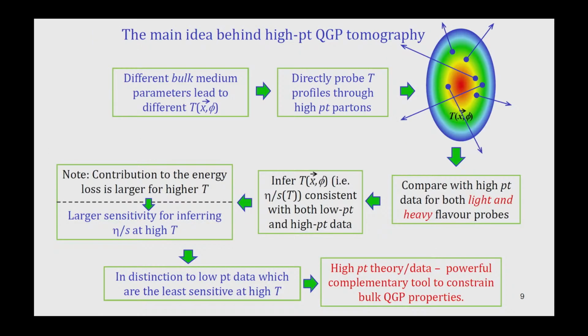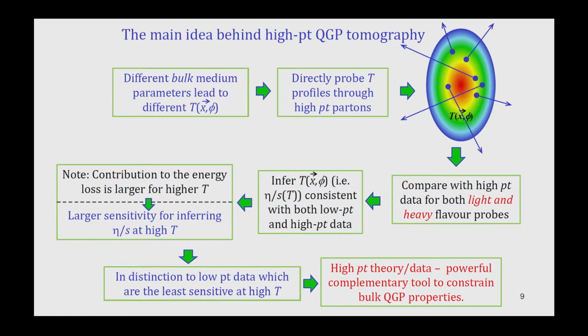The main idea behind the high PT QGP tomography is the following. Different bulk medium parameters will lead to different temperature profiles. If you input some medium parameters into your bulk medium simulations, for example eta over S, the system will expand and cool down in a different way, and that will lead to a different temperature profile. These different temperature profiles can then be directly probed by high PT particles, because when they go through the quark-gluon plasma, they will sense different temperatures and different path lengths, and consequently they will lose different amounts of energy. Then we can generate predictions for these high PT particle probes, and compare them